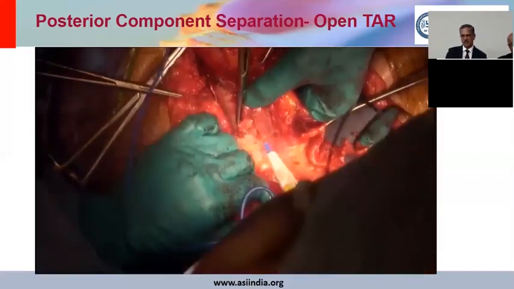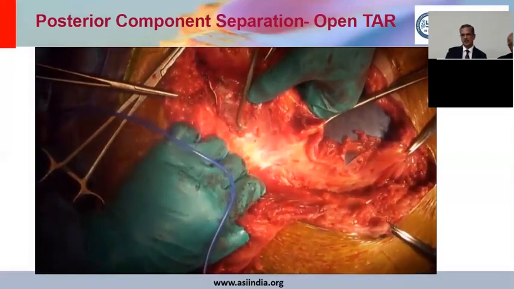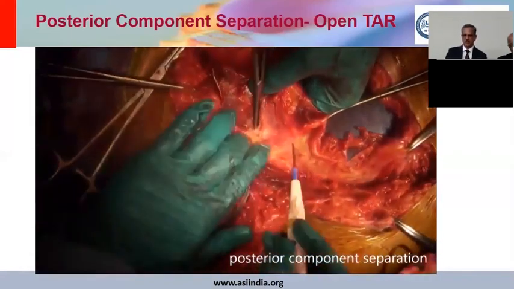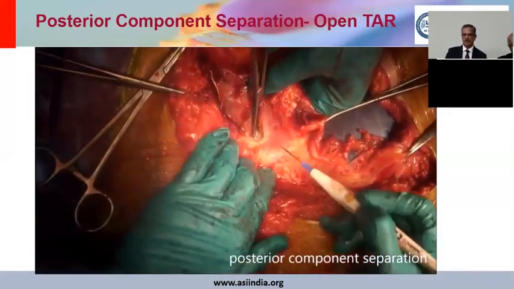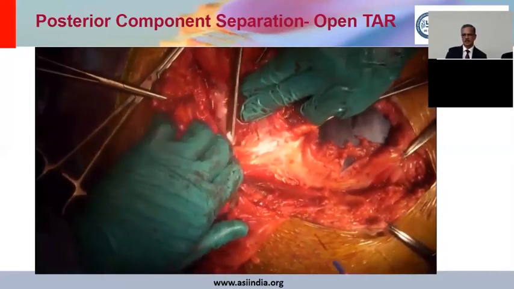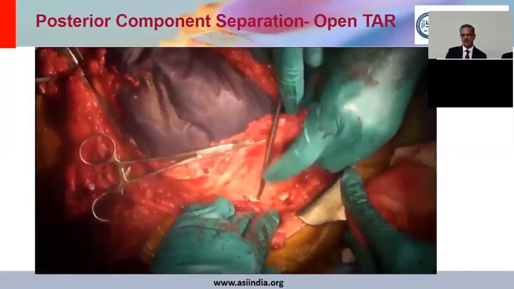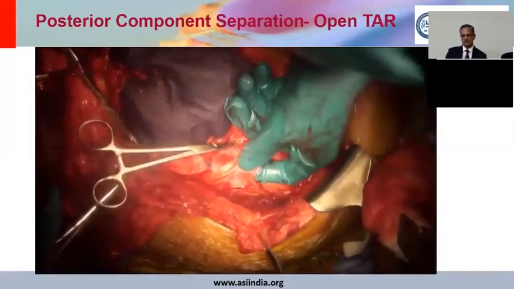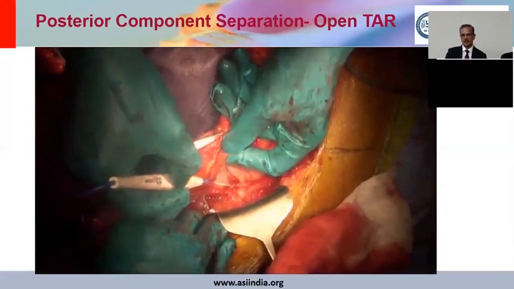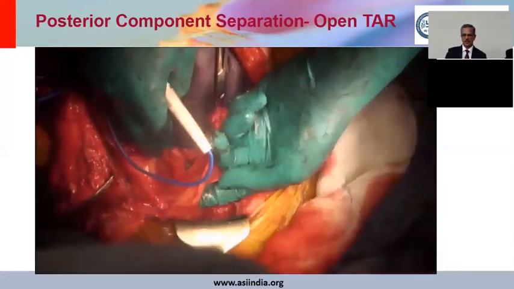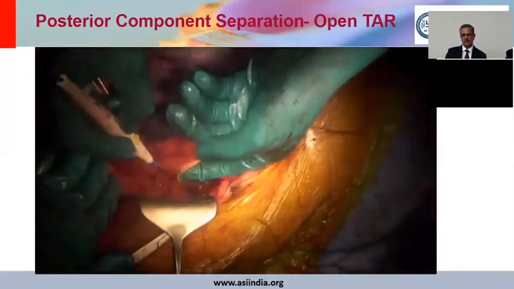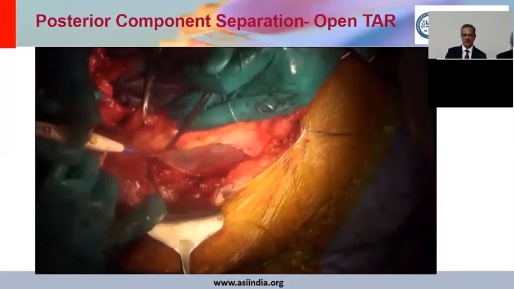Once we release the transverse abdominis muscle, then you can go on that side to a plane, even up to the psoas muscle. You can see how carefully the fibers are released, again on the other side. It's a patient where bilateral TAR is being done. Once we dissect it out, it's very important not to injure any of the neurovascular bundle, which is next to the linea semilunaris. Once this muscle is released, you can see how the